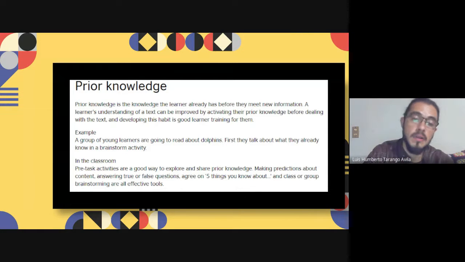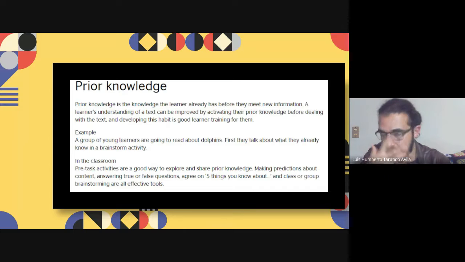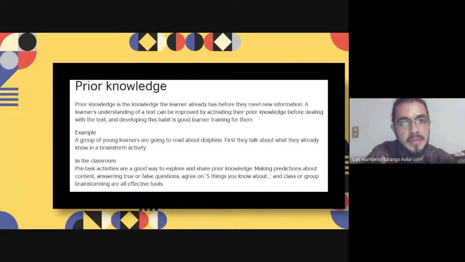We have an example. A group of young learners are going to read about dolphins. First, they talk about what they already know in a brainstorm activity. Activating prior knowledge can be something that can be modeled, or controlled, or it can be an open activity just to activate metacognitive skills in your